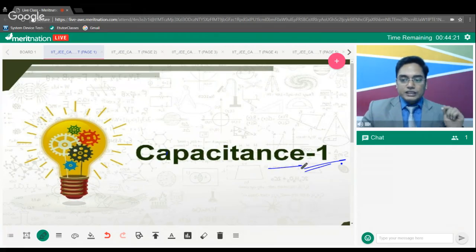So first is the need of capacitance. You can expect at least one question in JEE Mains related to capacitance, and in Advanced as well. So this capacitor chapter is very, very important. So let's start with